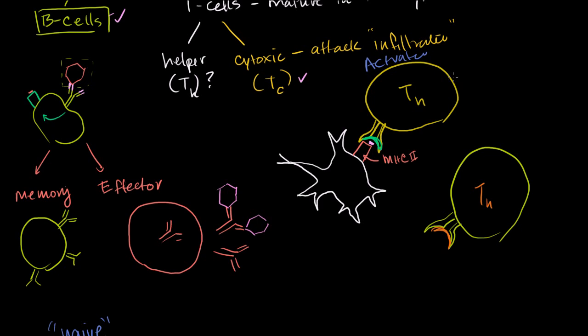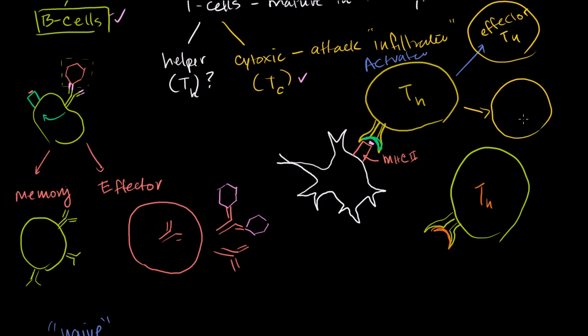And when activated, two things happen. Just like with B cells, he proliferates many copies of himself, and some subset of those copies differentiate into effector cells. An effector just means it does something. It does something now instead of saving the memory. Effector helper T cells, and then some subset of them become memory helper T cells after getting activated.